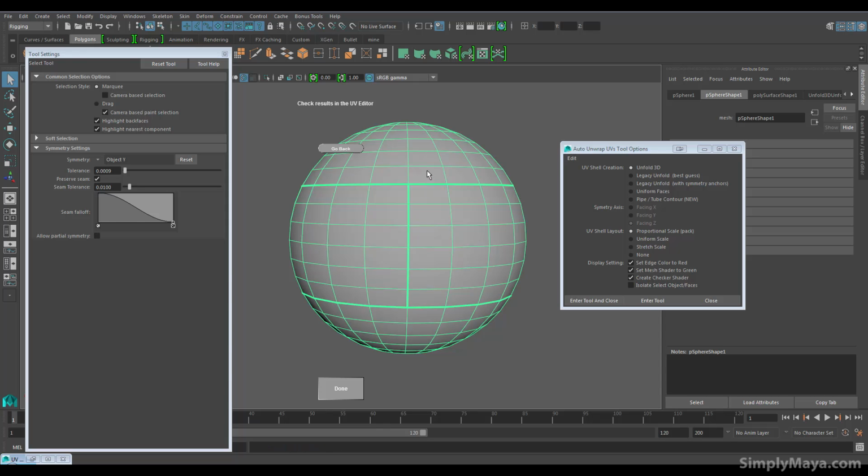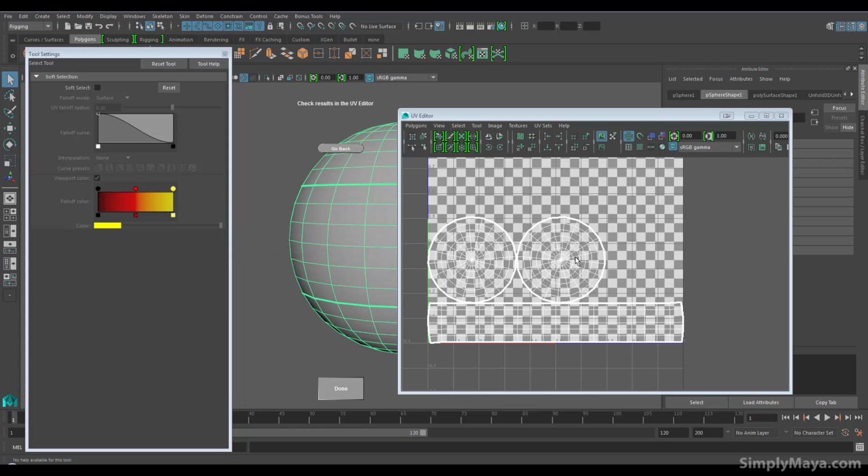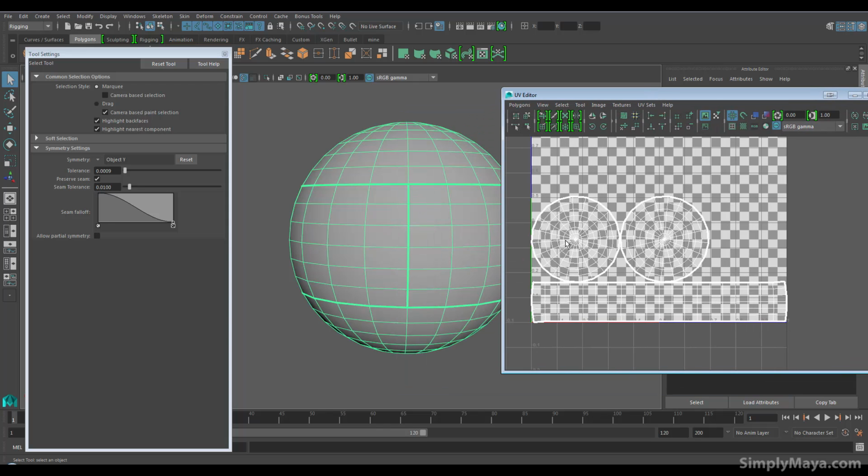Okay, so that seems to have worked. Let's go and have a look in the UV texture editor. And there we go. So I'm going to hit done, and that's done the same thing as we did before with our UV, except it's done it faster and with far fewer steps. So the workflow works very much the same way